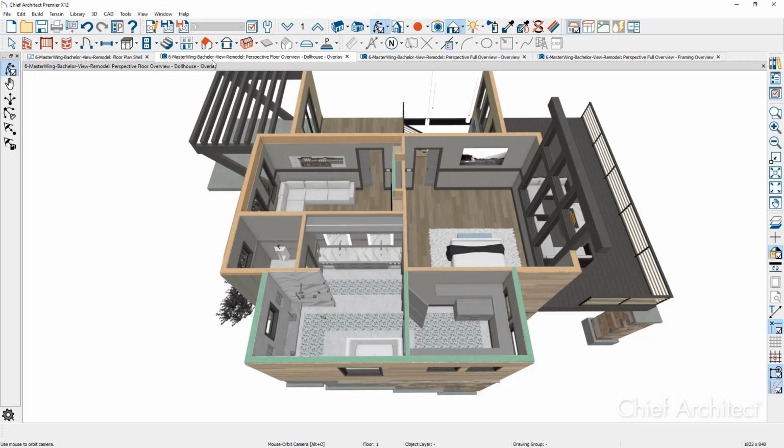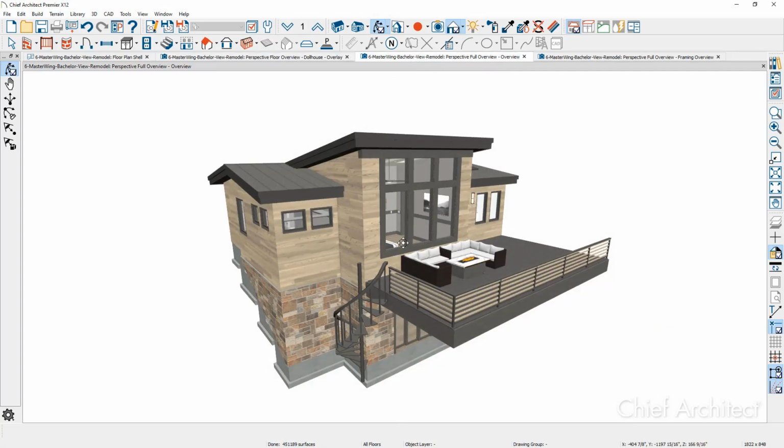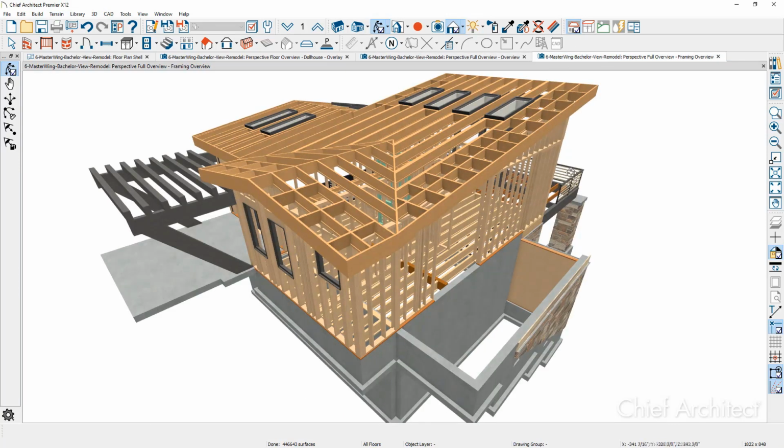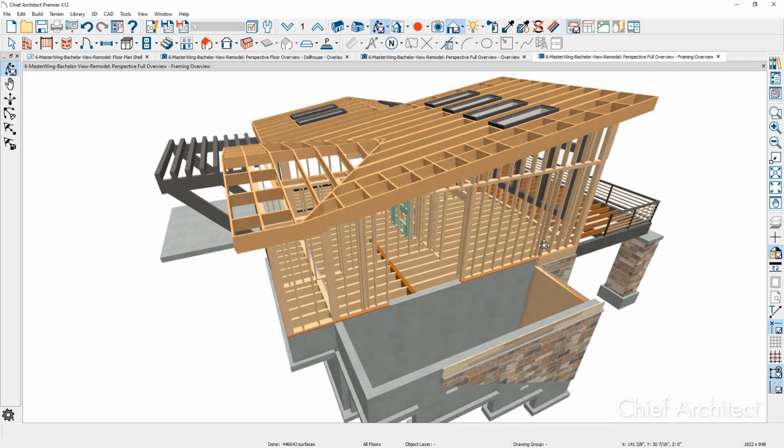If you take a look at the full overview of the project, this is what it looks like, what we're going to be doing. The pop-out we're going to create that's already been drawn with the walls. We're going to focus on the framing, and the framing view that I've opened up, if we rotate and take a look at this kind of off to the side here, I'm going to go in and create the framing for the new addition, and as we do that, we'll talk about how you can create framing for the floor platform, the walls, and the roof, and then we're going to take a look